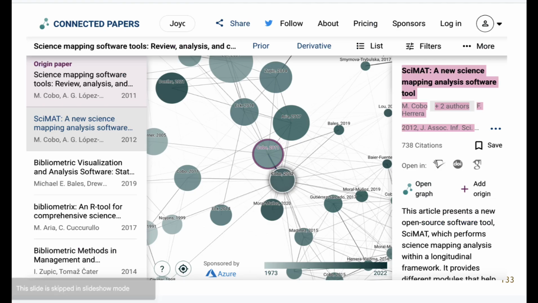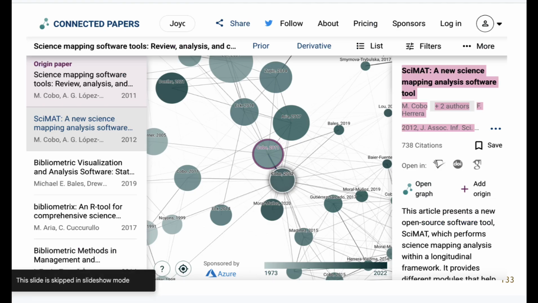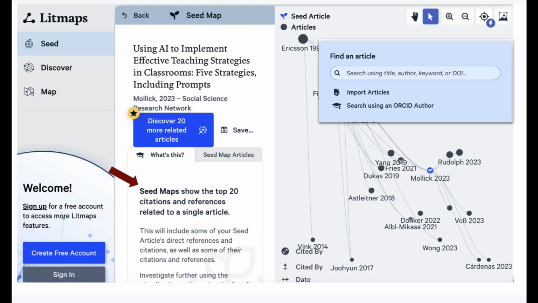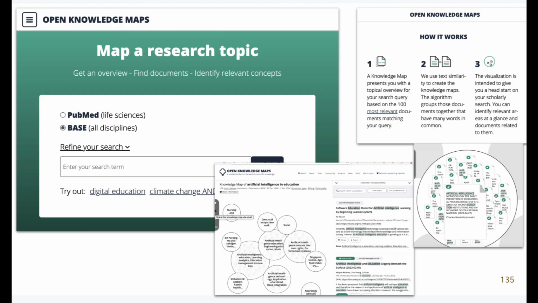When you do look at things like Connected Papers, you'll see that this type of tool gives you a Spotify type of approach to the way papers are connected. And you're going to see this in an awful lot of these tools. And if you're working in an academic library, I think these are going to be invaluable.